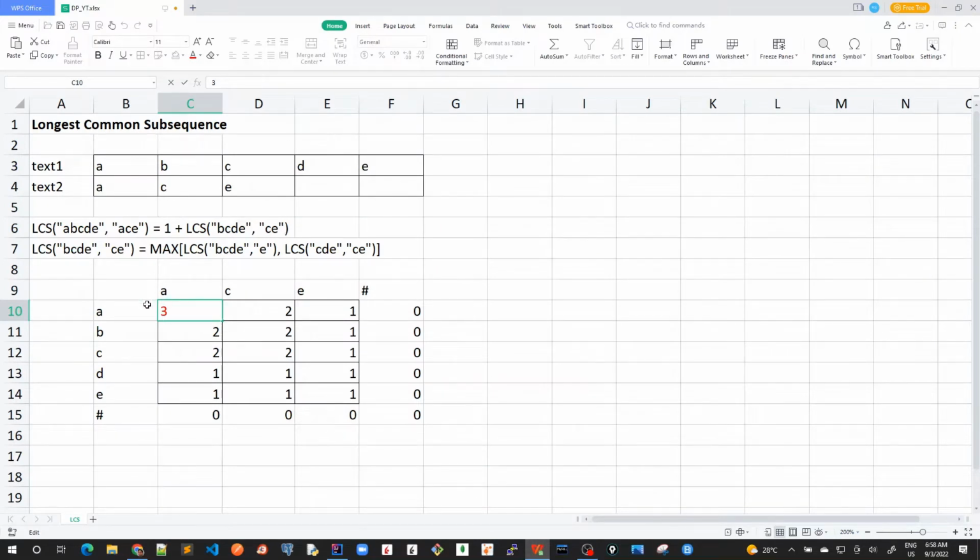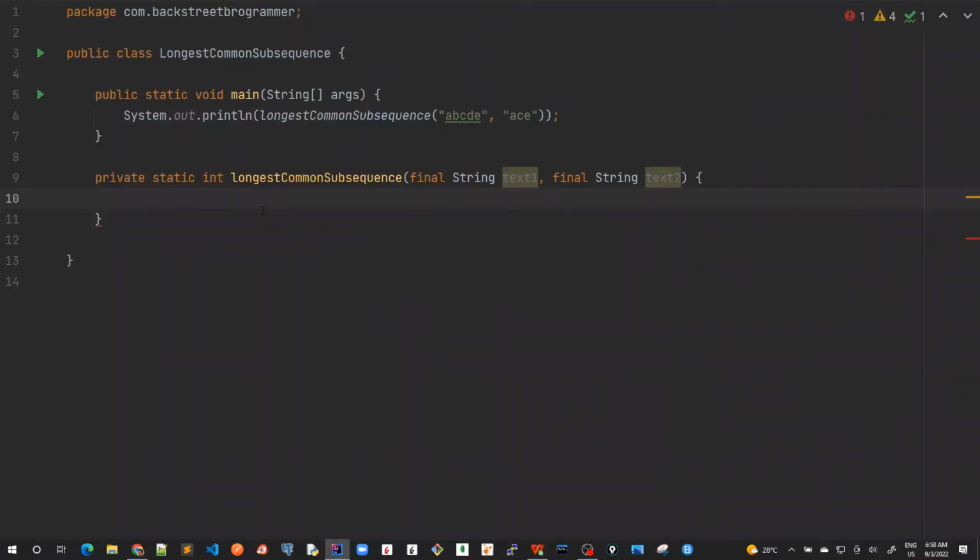So we can see that now here is a 2D array of length of row and column A, B, C, D, 1, 2, 3, 4, 5, 6. I mean, if the length of this text one is 5, it would be 5 plus 1, 6. Similarly, for text 2, where its number of columns is the length of ACE text 2 and additional 1. So first of all, we need to have,